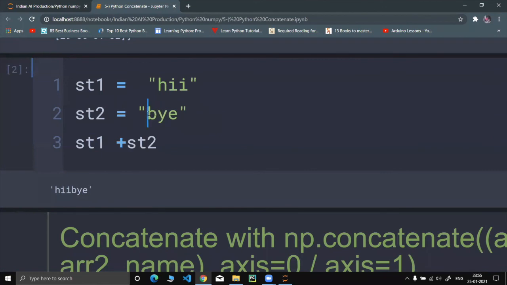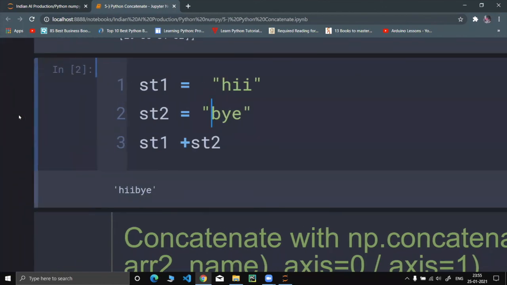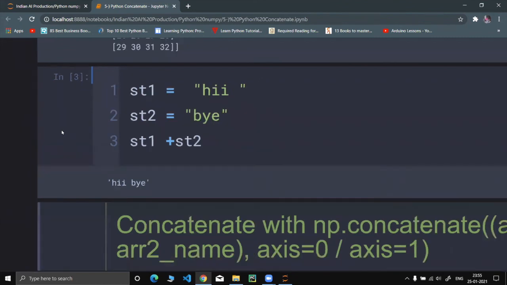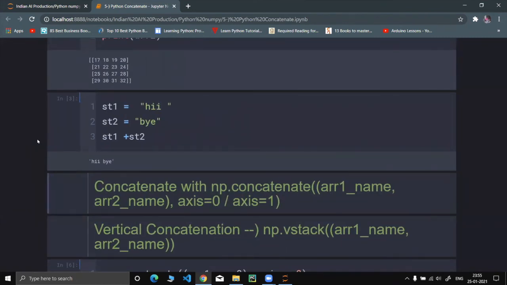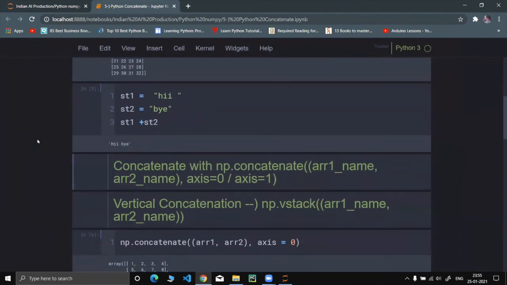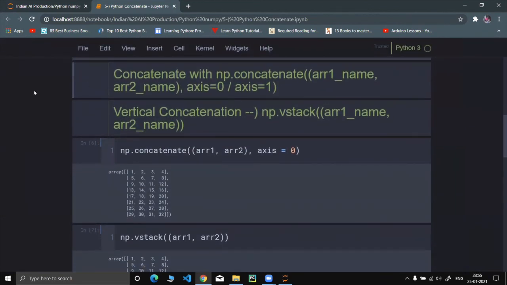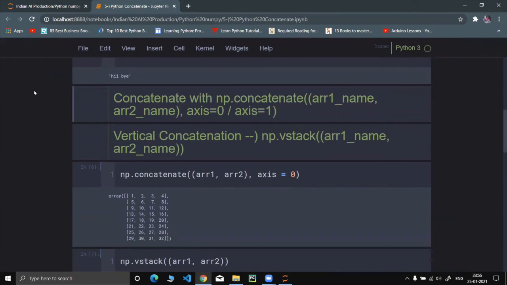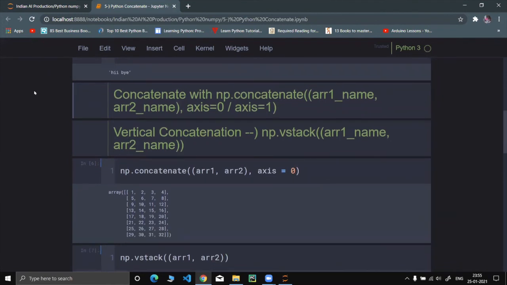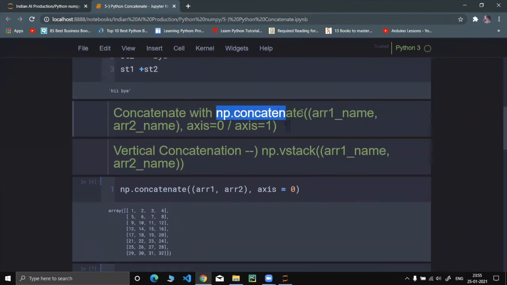You need to keep in mind that it does not have any separator. We'll have to put it manually. Either we can put a space over here or at the end of this, which would lead to a separator between them.